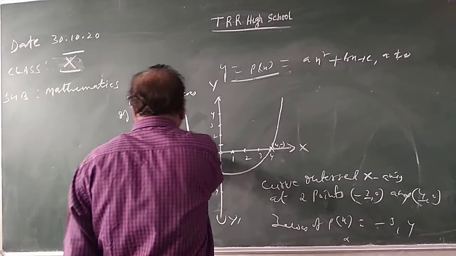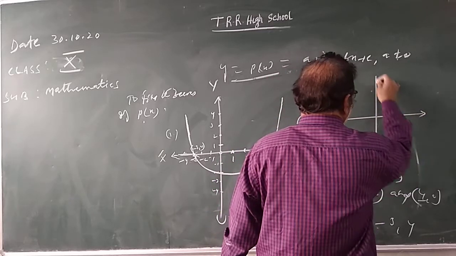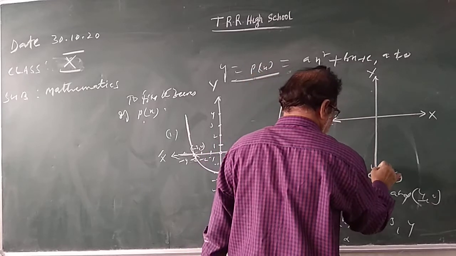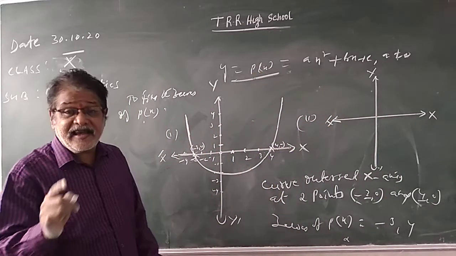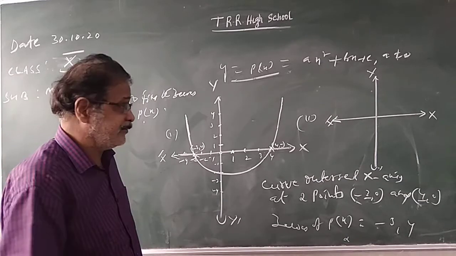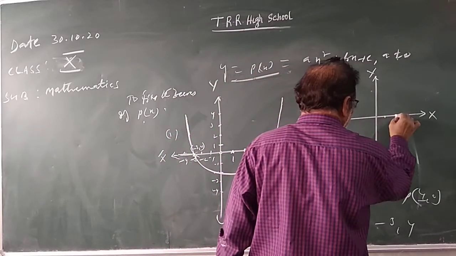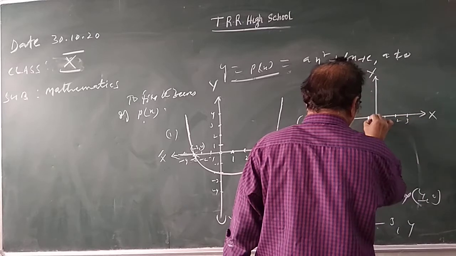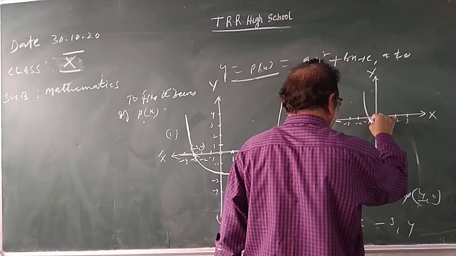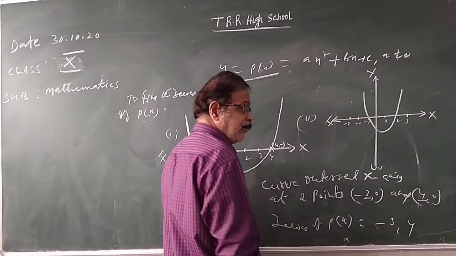One more example. Find the zeros of this graph. This is the x-axis. This is the y-axis. It should intersect the x-axis. Only where it intersects the x-axis are zeros. If it intersects the y-axis, don't consider the y-axis. For example, the curve is intersecting like this. What are the zeros of it?